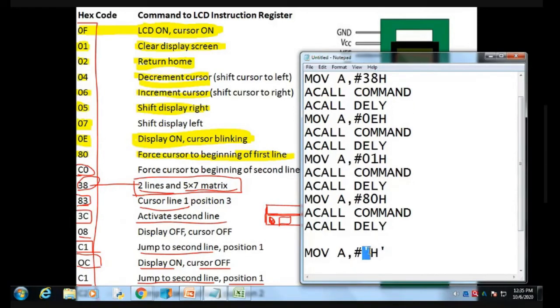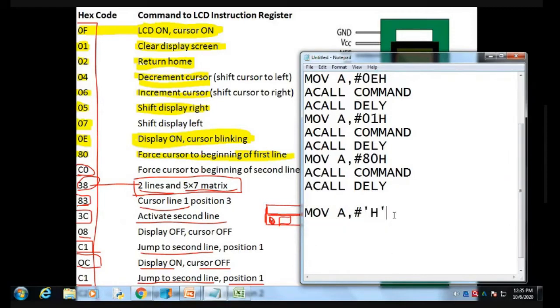Right now this is my data h, and next is I, so "hi". First I want to display the h in the first line, so I make a call. This is the h we have to write on the LCD.